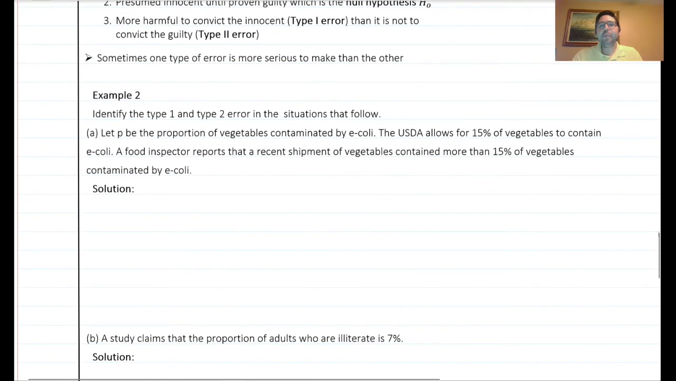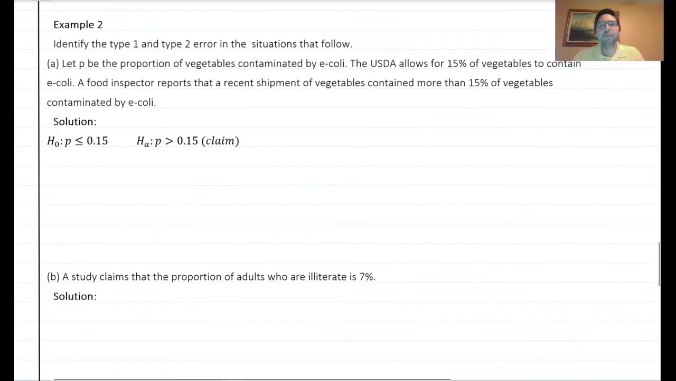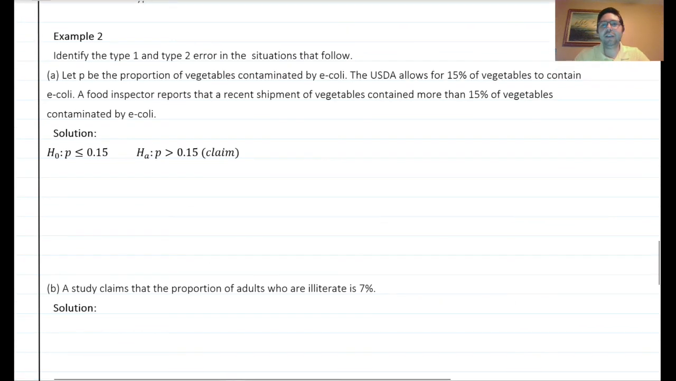Let p be the proportion of vegetables contaminated by E. coli. The USDA allows for 15% of vegetables to contain E. coli. A food inspector reports that a recent shipment of vegetables contained more than 15% contaminated by E. coli. All right, so let's look at the solution. First off, it says that the USDA allows for 15% to contain E. coli. The food inspector reports